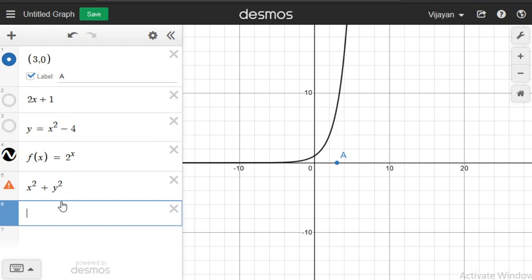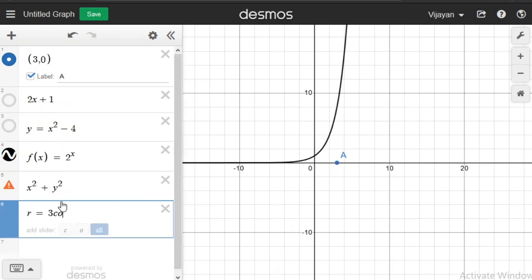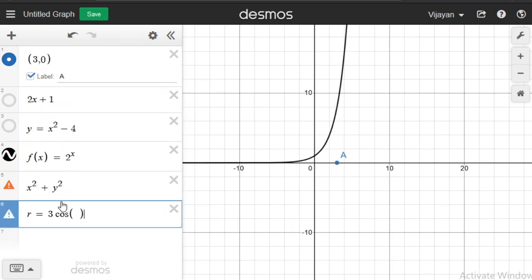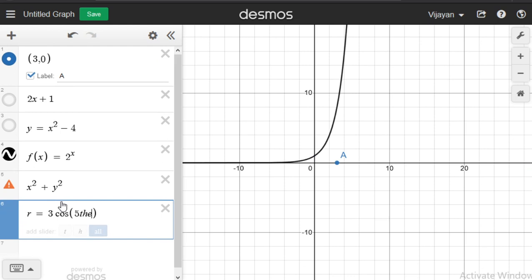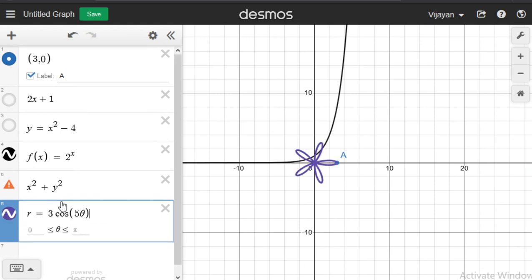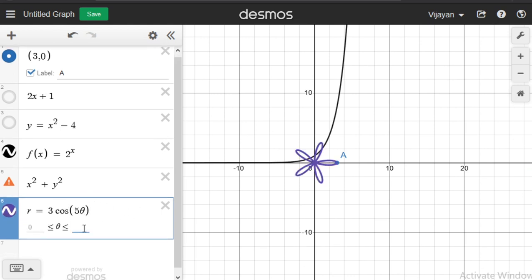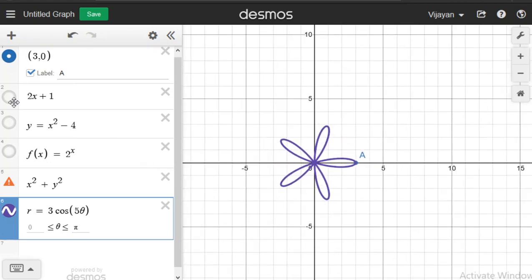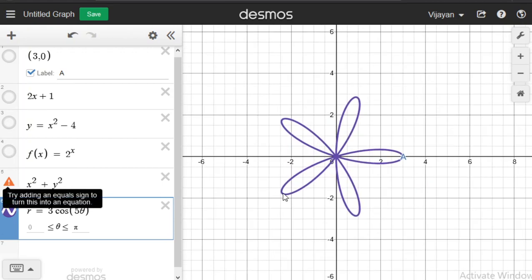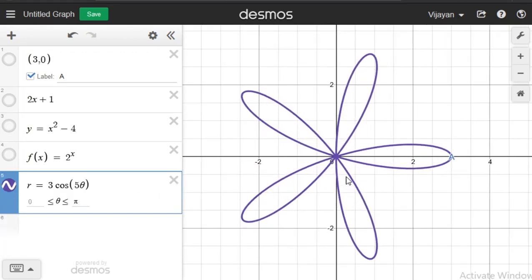Suppose I want to write r is equal to 3 cos of 5 theta, from 0 to pi. This is the figure that we will obtain. Let me switch this off and this one off. So this is the figure for r is equal to